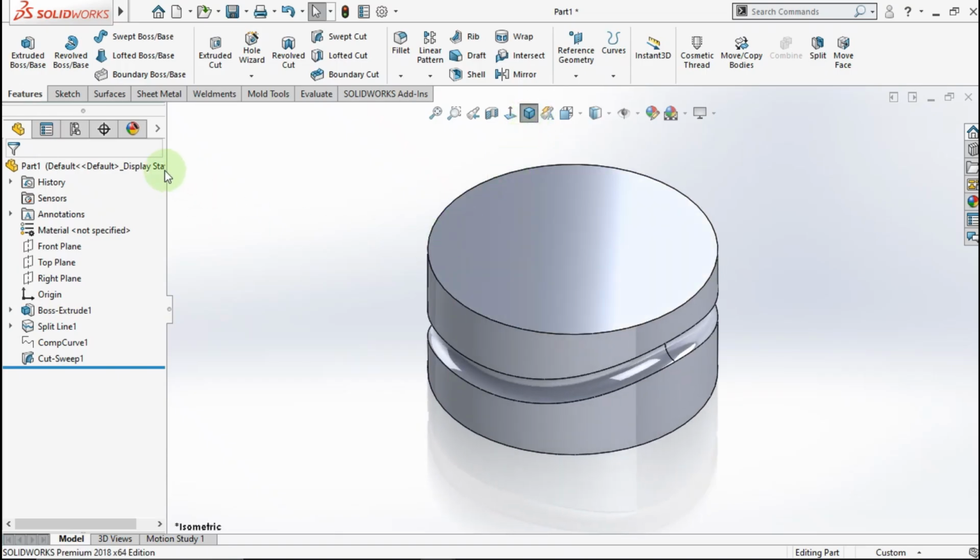Make the part color red. I think it's the end